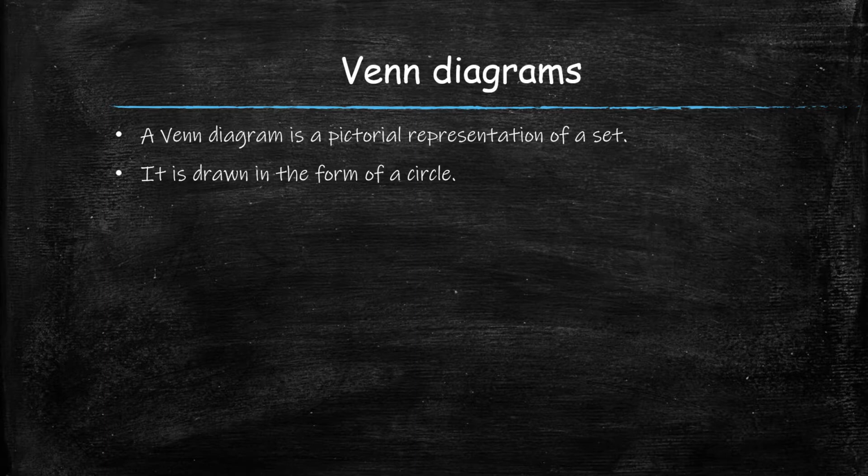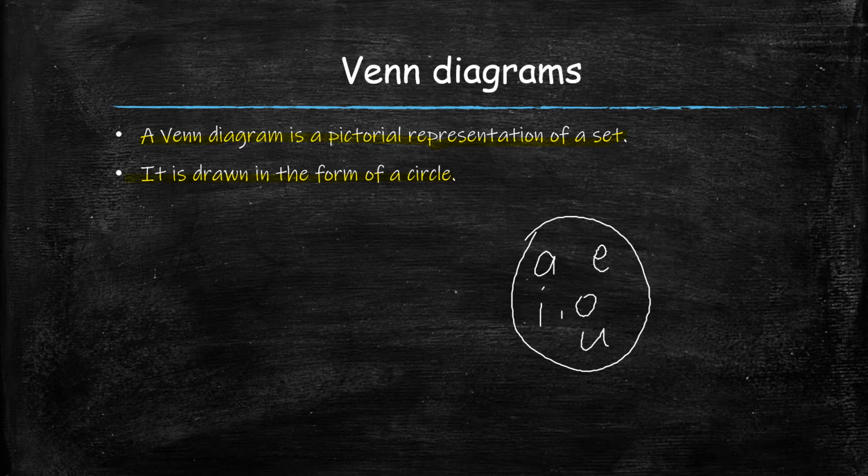A Venn diagram is a pictorial representation of a set and it is drawn in the form of a circle. When we have to show a set in the form of a Venn diagram, we make a circle and write the elements of that set in this circle. Not all the elements, you write only those elements on which you have to make a Venn diagram. For example, if we are showing the set of vowels in the English alphabet in the form of a Venn diagram, then we will write all the vowels inside this